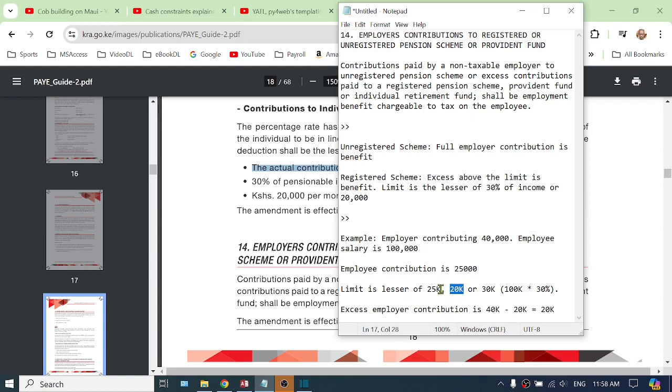So let's assume his contribution is quite high. You'll take 20K. So the excess employer contribution is whatever the employer is paying minus the lowest of these, which is that. So in this case, that is the excess. That is what is added as a benefit. So you need to calculate based on these rules. So what do you do in